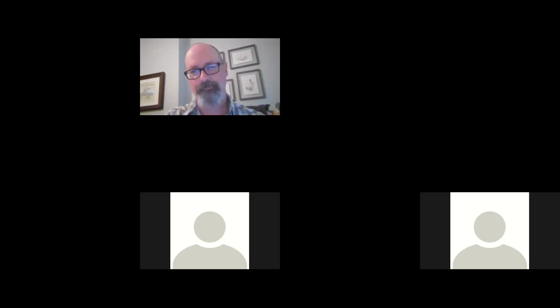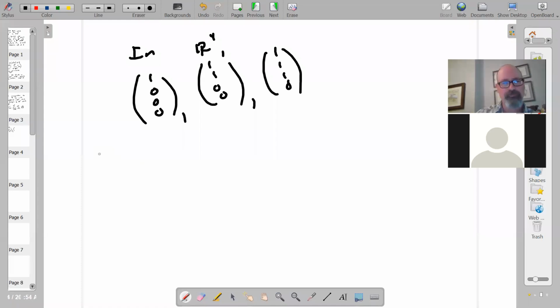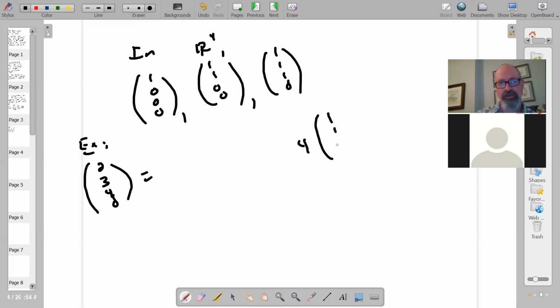For example, if you think about it for a minute, it's pretty clear that you can write down 2, 3, 4, 0 as a linear combination of those vectors. First of all, the last entry has to be 4. If it's 4, then I guess you have to have a -1, 1, 1, 0, 0 here.